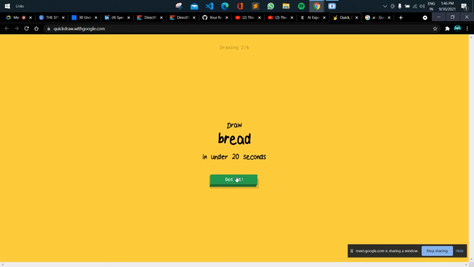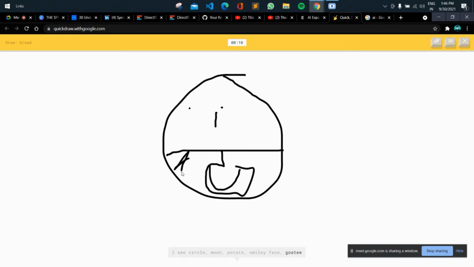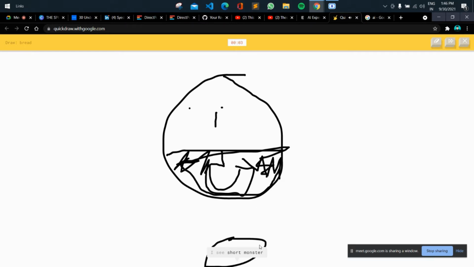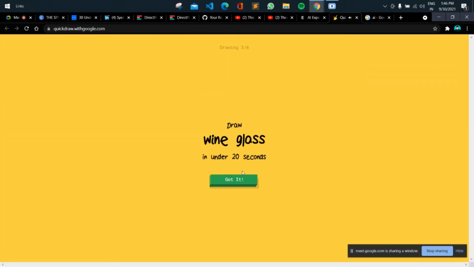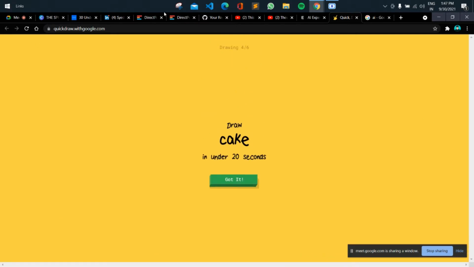So whenever I'm trying to draw something, the AI will try to figure out what this guy is trying to draw. As I'm drawing something, it understands what I'm trying to draw. That is what AI is about. It's about understanding what the user wants. Oh, I know. It's a wine glass. And this is just a very simple example as to how we can interact with AI